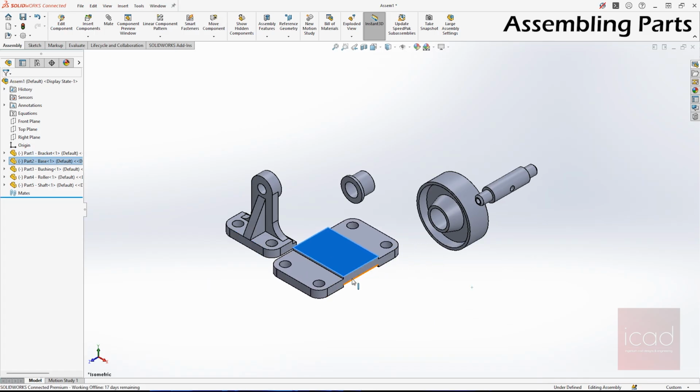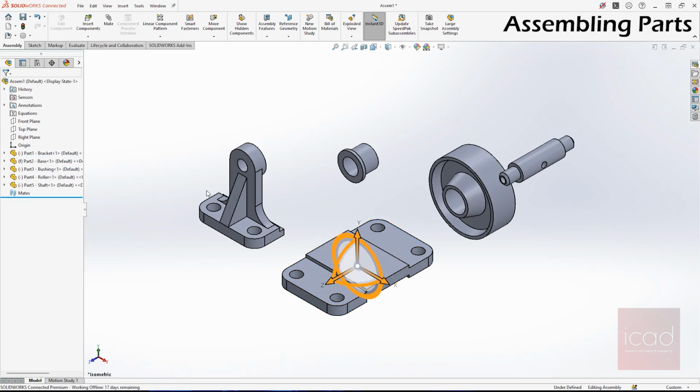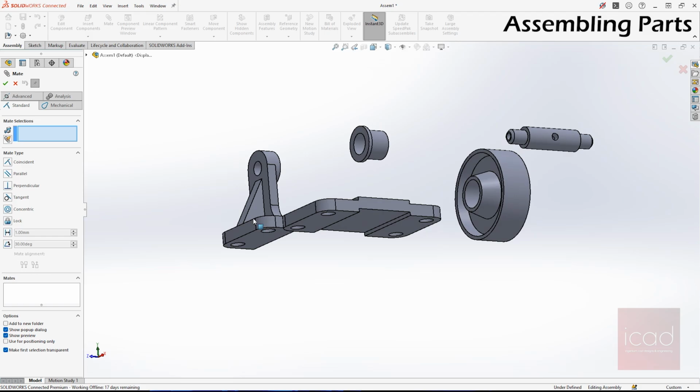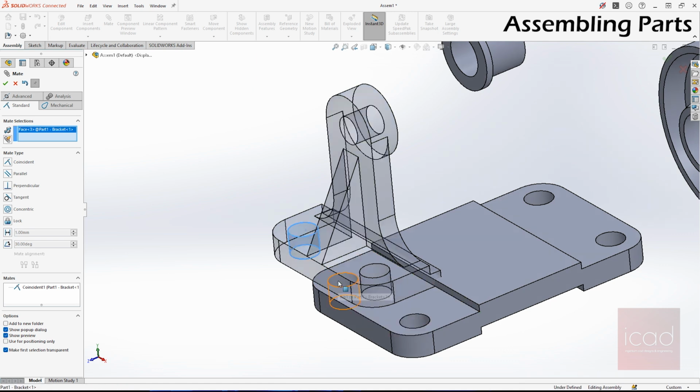In this case, what I'll do is I'll take the base as my reference. So I will fix the base instead of fixing the bracket. Next thing is to select the mates. We'll do this the normal way. I'll go to mate, and now this has to be coincided with this. Done. And the holes has to be